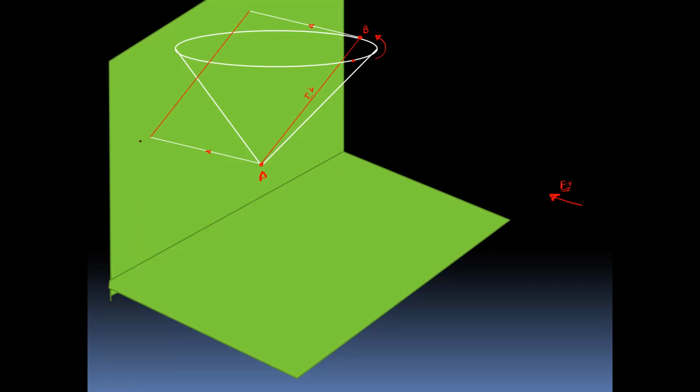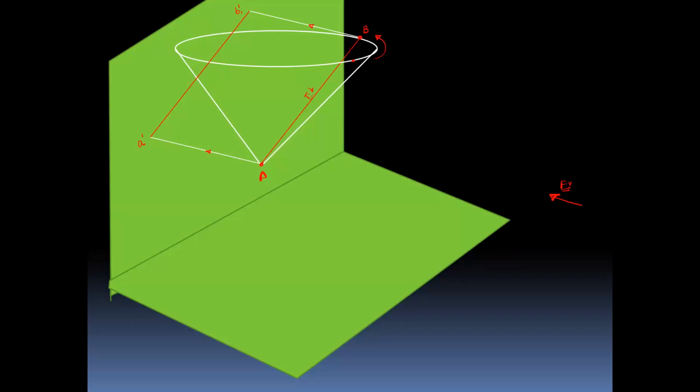So this true length, this point is A dash. Okay. So A dash is the representation for the actual front view. Okay. And this point is considered as B1 dash. So why have I taken this B1 dash? Because actually the line is not parallel to the vertical plane. So the line is inclined to both HP and VP.